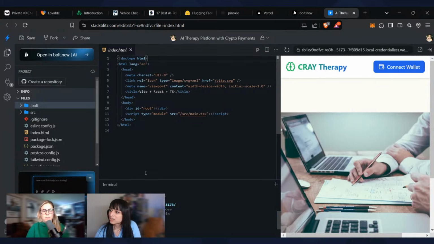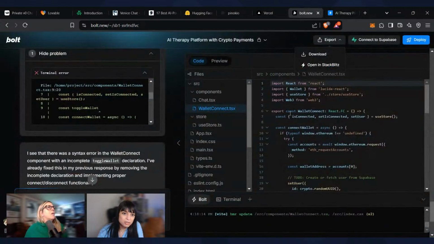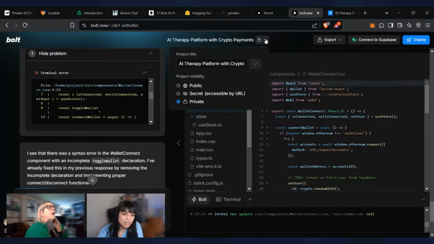Oh, look, okay, this is how you can do it. Perfect. So you see the middle where it says, if you go back to bolt.new, you see the middle where it has like a lock. I accidentally stumbled upon this. The caret down. Oh, Public. Oh my god, that's so cool.